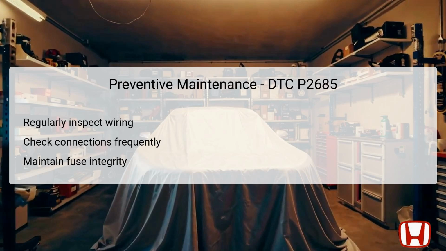By checking these connections frequently, technicians can ensure that all terminals are clean, secure, and free of corrosion. Additionally, maintaining the integrity of the fuses within the underhood fuse box, particularly fuse number A14, can help prevent issues related to circuit interruptions. Educating vehicle owners about these maintenance tasks encourages proactive measures that improve overall vehicle reliability and